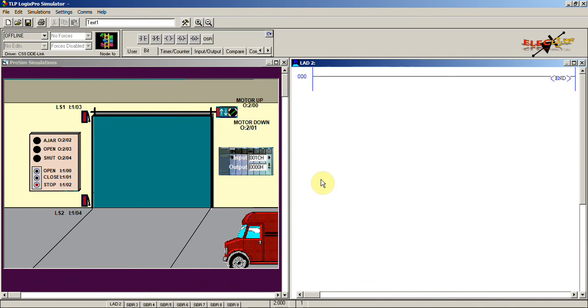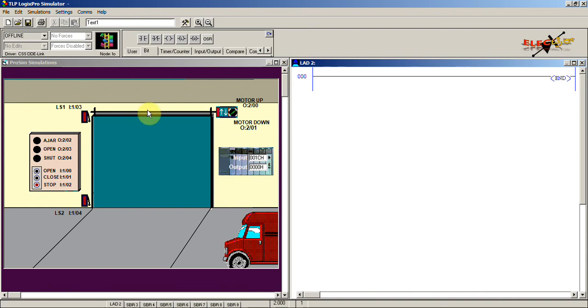Here is a door simulator. For this we'll use the particular description where we have the opening and closing of the door. Here we can see all the field devices are located here. This is the open push button, this is the close push button, and this is the stop push button, and these are the three indicators. This indicates the ajar, which is only half open, this indicates the door open, and this indicates the door closed. And now this is the up limit switch, and this is the down limit switch. And here we have a motor, with an up contactor and down contactor, and this is our PLC, and this is the door.